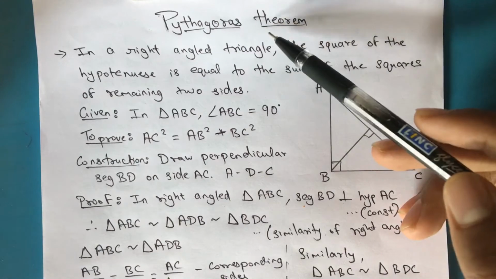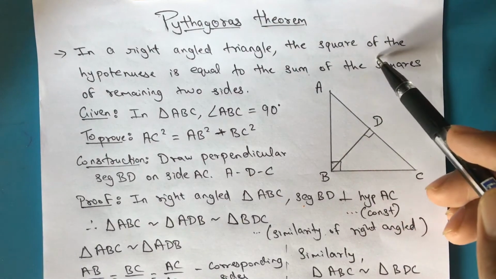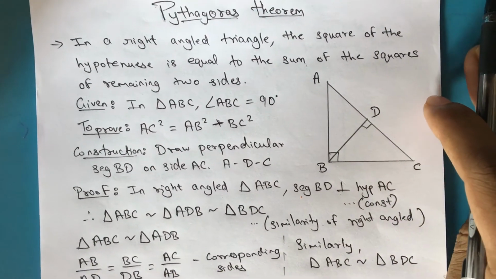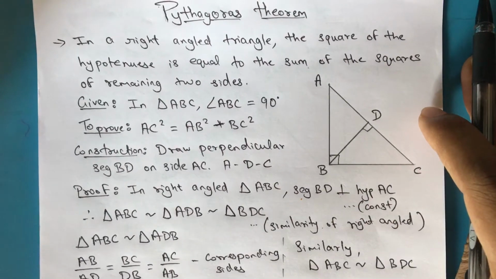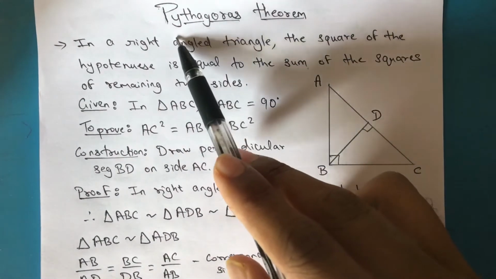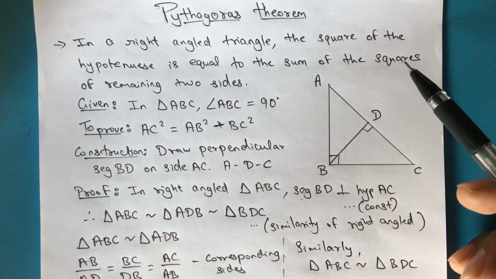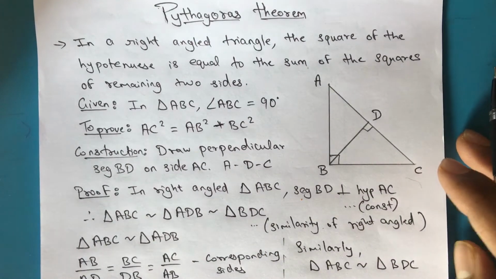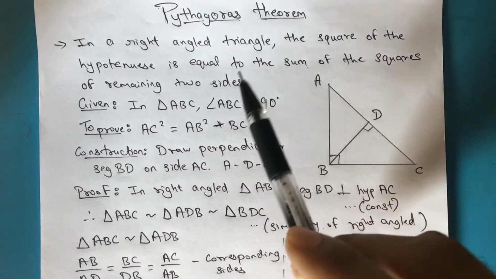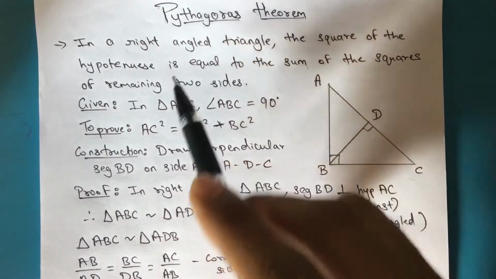Today we are going to see the Pythagoras theorem. This is a theorem from the second chapter of geometry, and the chapter is itself named Pythagoras Theorem. First we will see what the Pythagoras theorem is. From 8th standard itself you had learned this Pythagoras theorem. Now in this 10th standard you have the proof for this theorem. First we see what this Pythagoras theorem is.